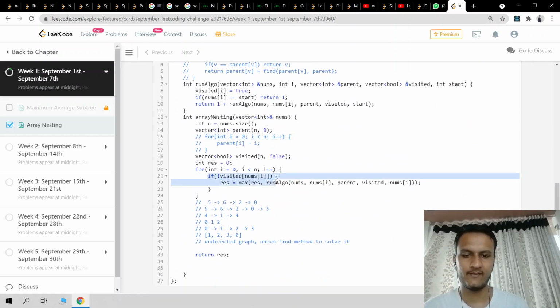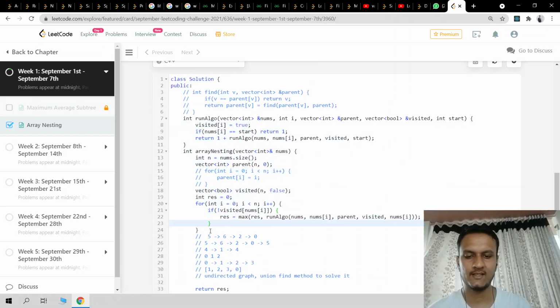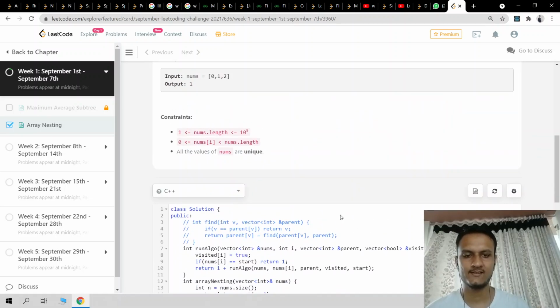Because we are visiting each node once, like in the BFS or DFS session. If we visit, then what I will do, that I have marked it. I will not visit that again. So I am running the algo for each connected component in the graph. We are also doing the same thing. So this should work in O of V plus E, where E is the edges in the graph, or O of n time complexity in this. Okay, so E is in order of n in this question, so we can think of it as big O of 2n complexity. Yeah, thank you guys for listening.